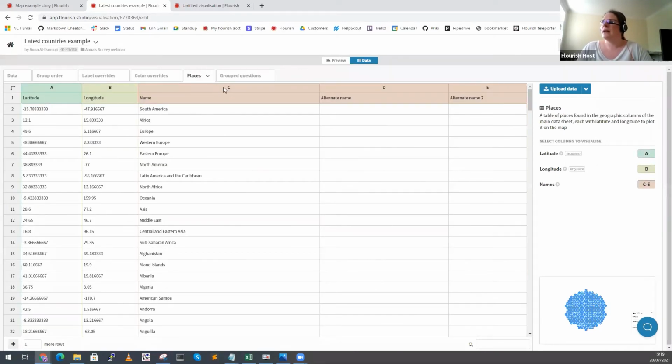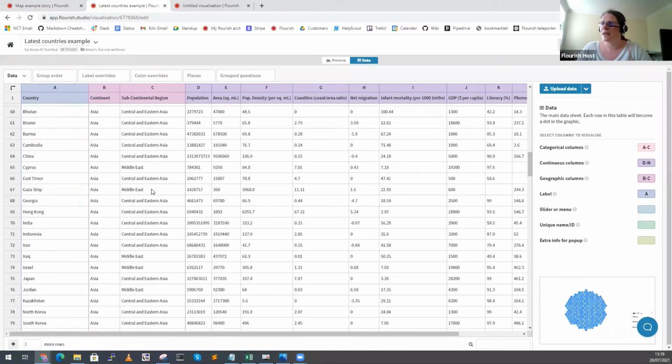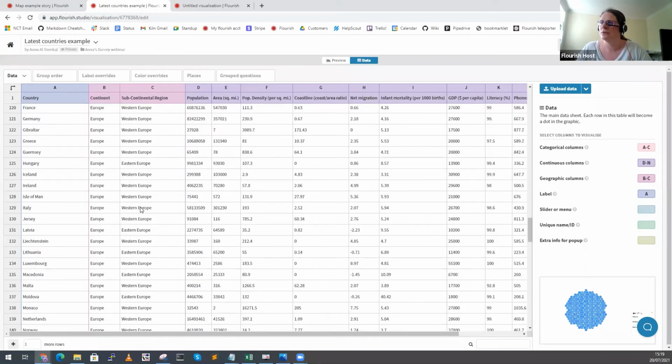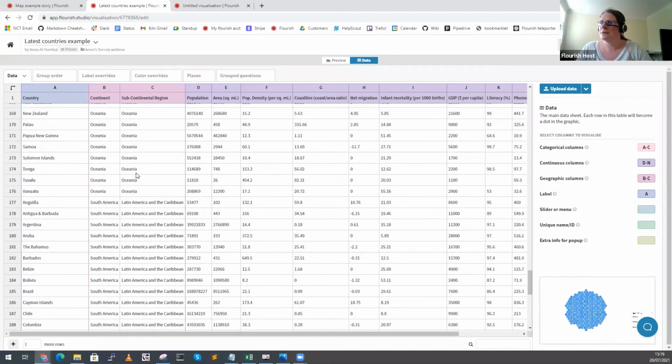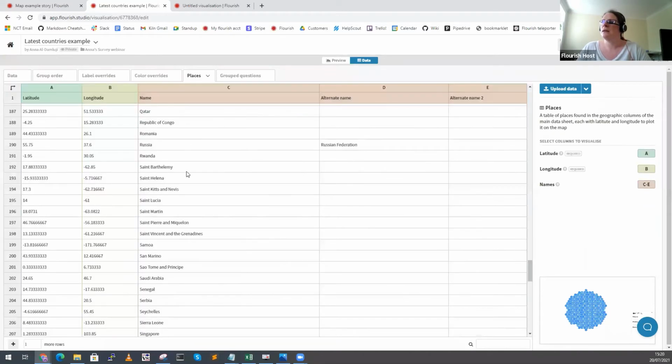So we have this name column, and this is where we need to put in the names of the places matching those in the main data sheet. So here we've got South America, which is one of the subcontinental regions. And we've got Eastern Europe, Western Europe, Middle East, North America, Latin America. Oh, actually, South America is the continent, and the subcontinent is Latin America and the Caribbean. So if we go back to places,